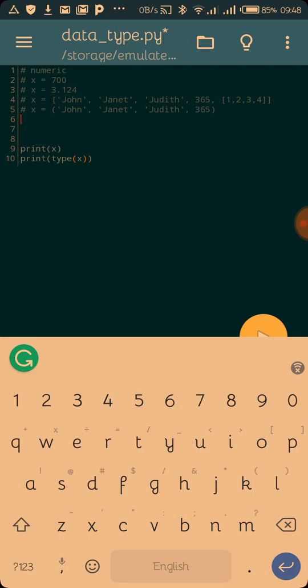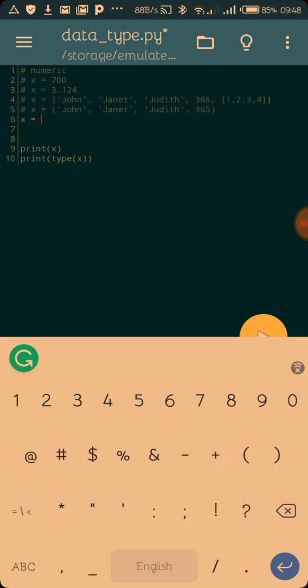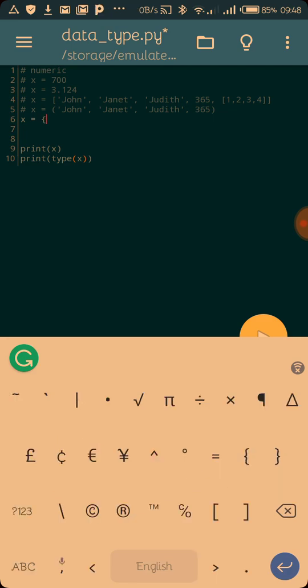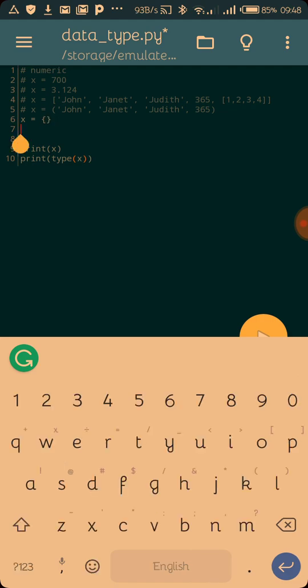Okay, let me write it out so you'd understand it way better. So we'll say X, we equate it to, the way to denote a dictionary rather is using the curly brackets, which is this one. So inside the curly brackets you can do